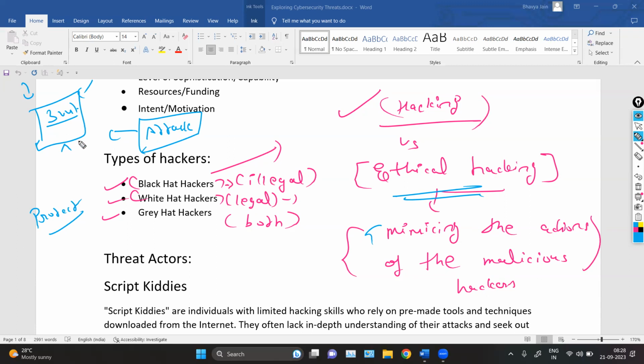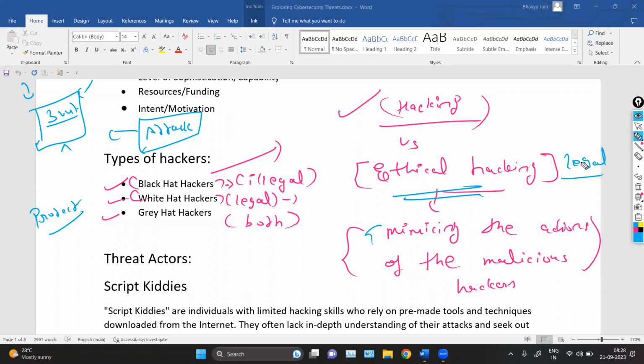So before protecting even, you should know how to attack. That is very compulsory. That is why we have ethical hacking, where we are mimicking the mindset or the actions of a malicious hacker. We are replicating the actions, like how the malicious hacker hacked my system, how the malicious hacker uses these tools, how the malicious hacker uses this technique, this method, etc. So we are totally mimicking the actions, but whatever we are doing, we are doing legally here. That is very important in cybersecurity.